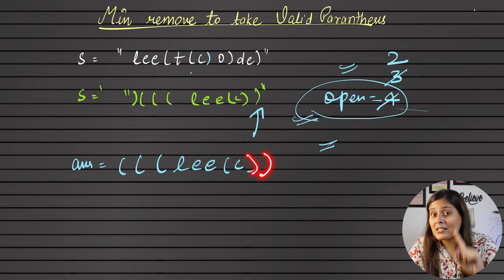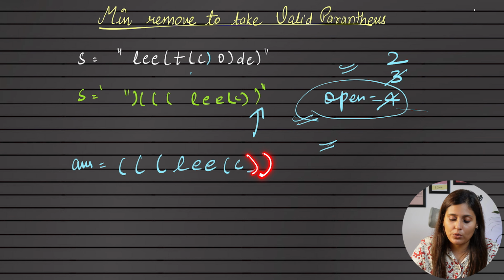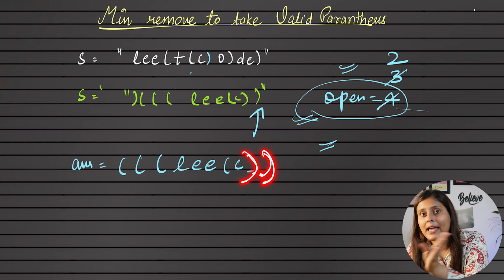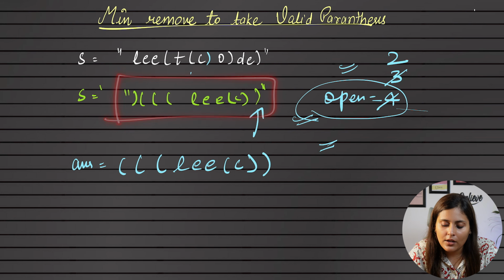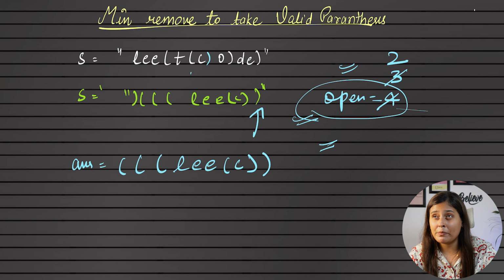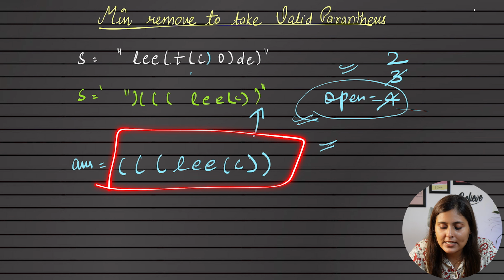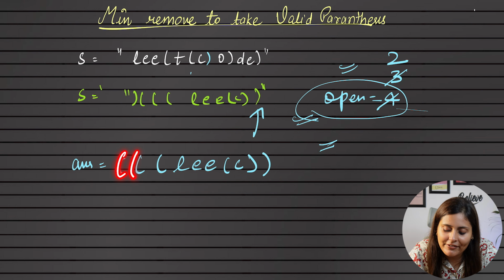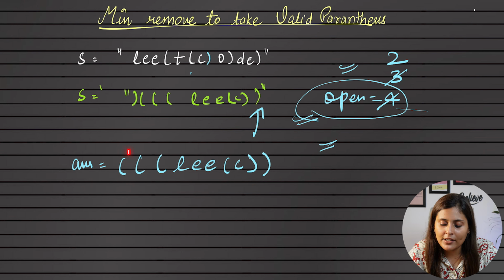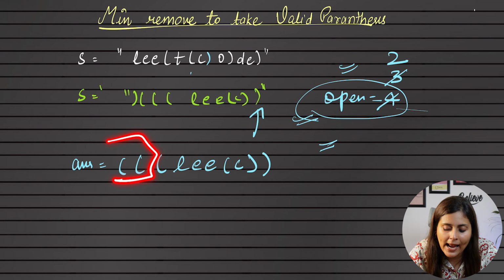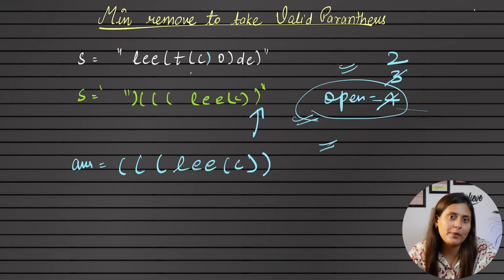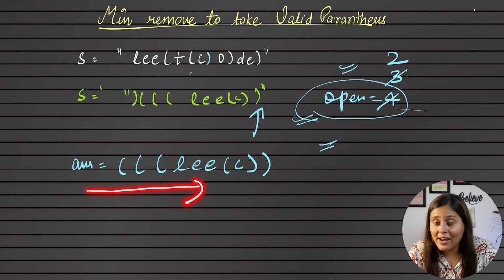I cannot delete these because the question says to give the minimum deletion count. If we delete them, that will be extra deletions, right? So hence we have deleted everything, but in this case only this one was extra, which was making this invalid. But can we say this is the correct answer? No. Why? Because we have extra opens here. Can we directly go and delete? No, we don't know from which location we have to delete, correct? Here we can delete anything, but in some cases we might not be sure, right? So what we have to do, like how we iterated from left to right and deleted extra or invalid closing brackets.